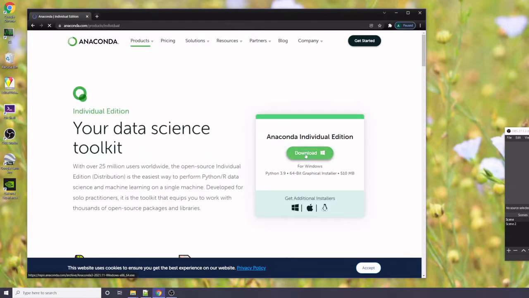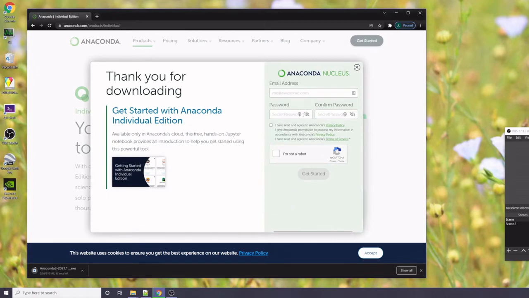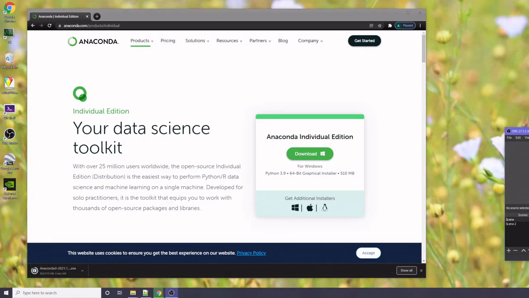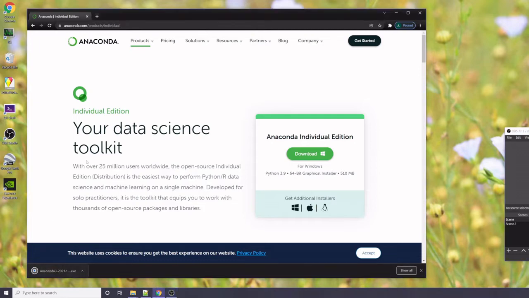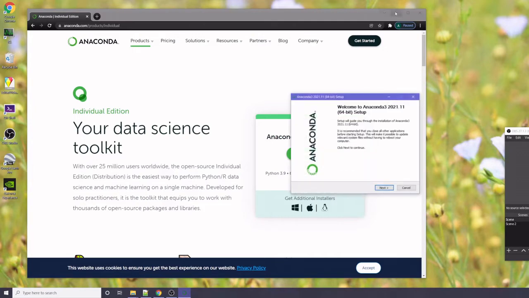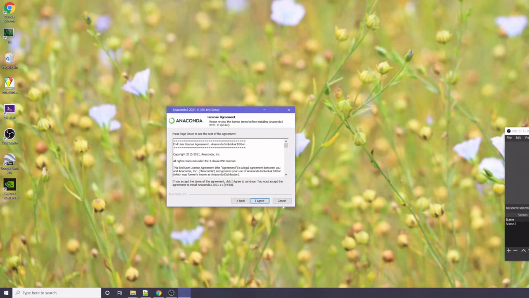You can see that a download has come up and it's recognised that I'm using a Windows machine. I've hit the download button and it's starting to download. This is quite a hefty download, 510 megabytes, but it's just finishing now and we can click on the installer. So now we go through the install instructions,